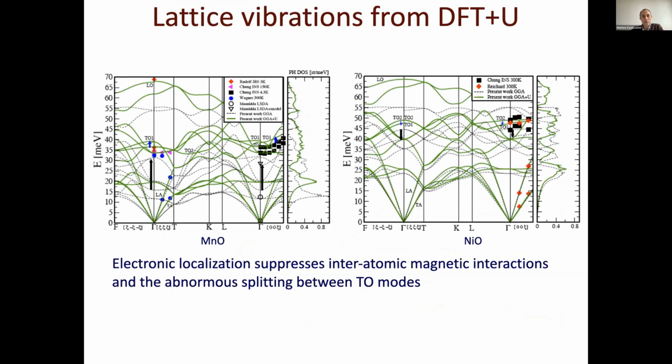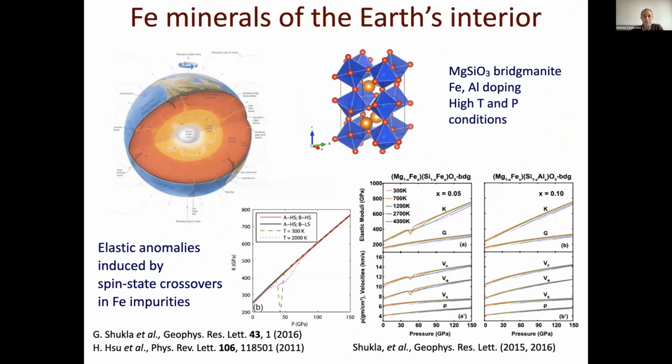Probably we'll talk about and we'll illustrate these cases, manganese oxide and nickel oxide, in a little more detail than I can do here. And also you will hear an invited lecture by Renata Wentzcovitch later on, probably talking about